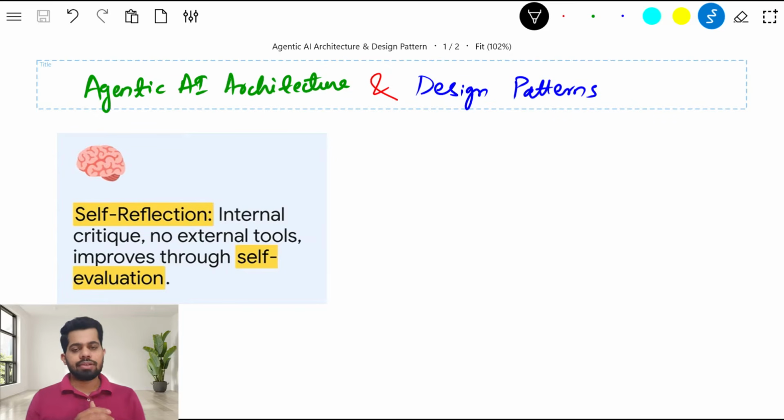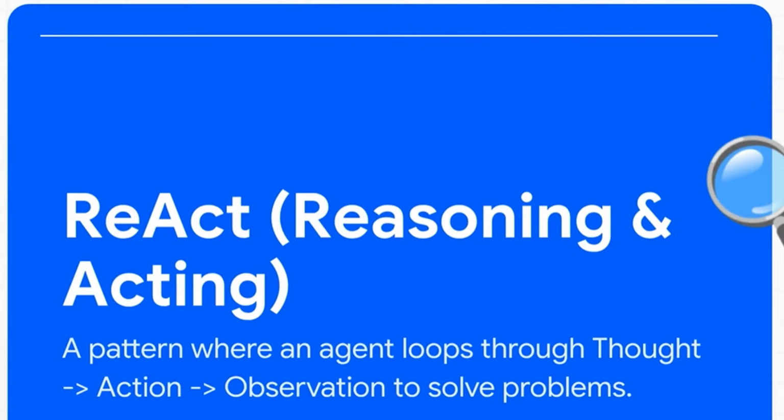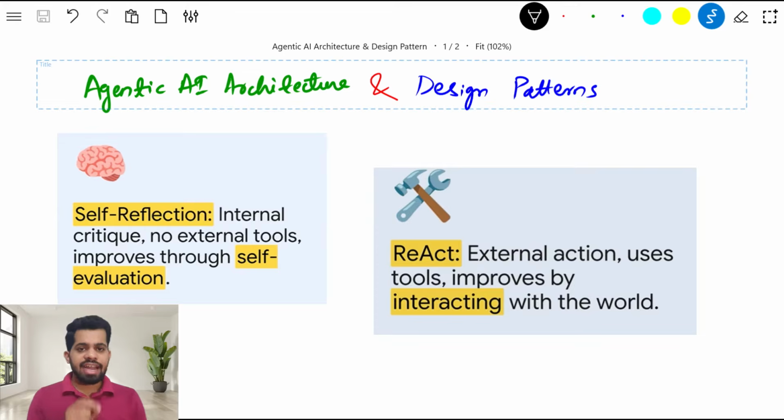In our last segment, we looked at the self reflection pattern, where an agent improves by critiquing its own work internally. But what happens when an agent needs to interact with the outside world to solve any problem? That brings us to our next design pattern, ReAct, which stands for reasoning and action. A ReAct agent is a powerful single agent architecture that brilliantly combines two of the most critical factors of success